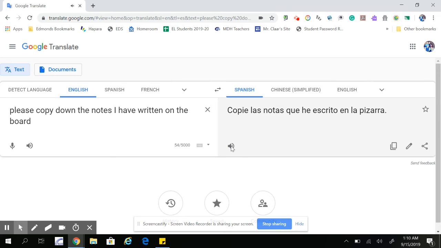You'll probably notice those are very slow. It kind of sounds half drunk. If your students obviously aren't going to need that slower version, so if you're getting that slow version, simply turn it off